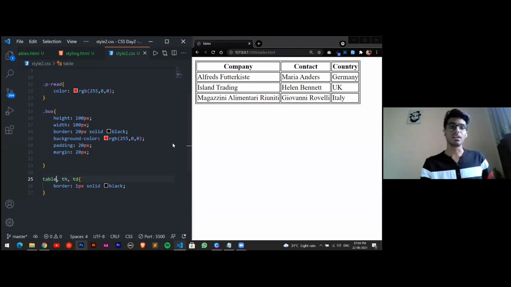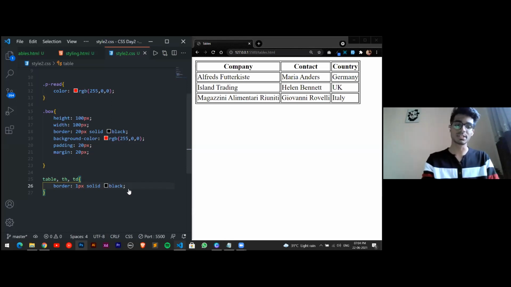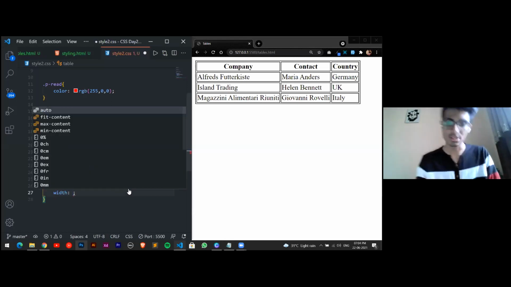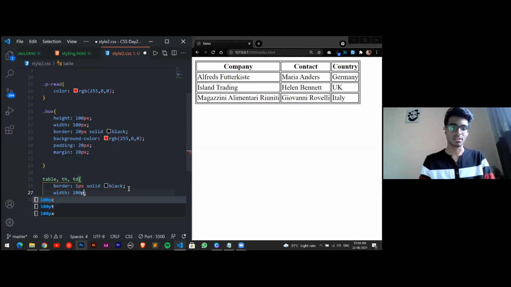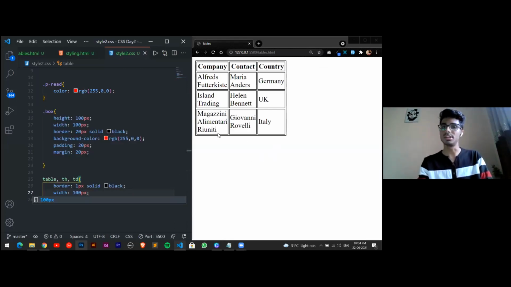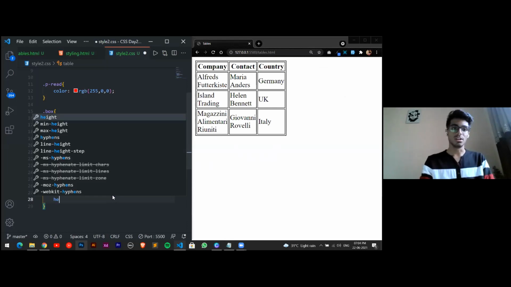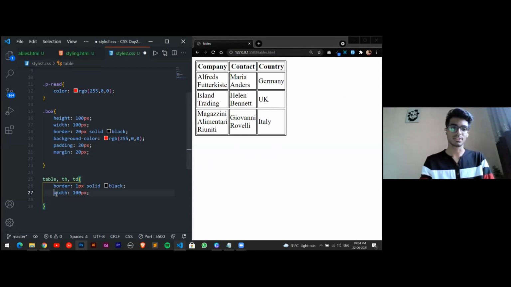Okay, now what is happening is, the border is being applied in a particular manner, for a particular element. What I want is, I don't want the spaces inside there. So I'll give a bit of styling to this. If I just fix the width of this table, let's say by the width property which we have studied, and give this as 100 pixels, see the width has been applied, so it has shrunk. And if I just give a height, also, this is not a good practice to write width first and then height. We'll give the height first.